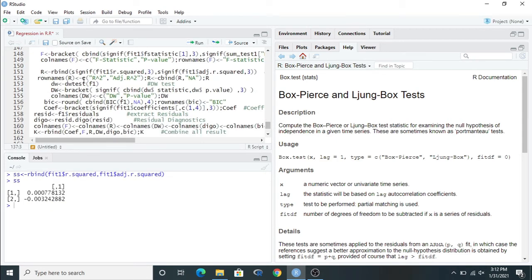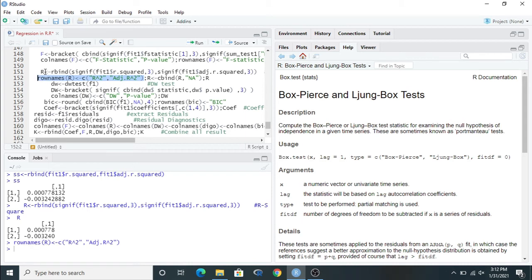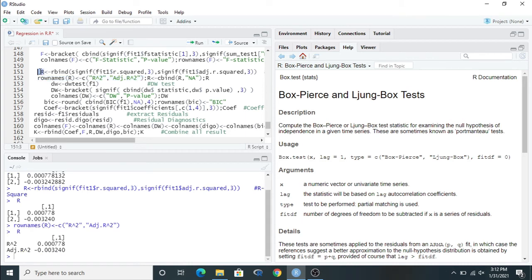I have done the same process here. I have extracted the r square value and adjusted r square value, and it will be stored inside r. Okay, so run this and you can see the value of r here. This is the r value. Then I can rename this from here to here. I have renamed all these things. Okay, just run this. I have renamed r again, and we can see the r. This is the r square and this is the adjusted r square.